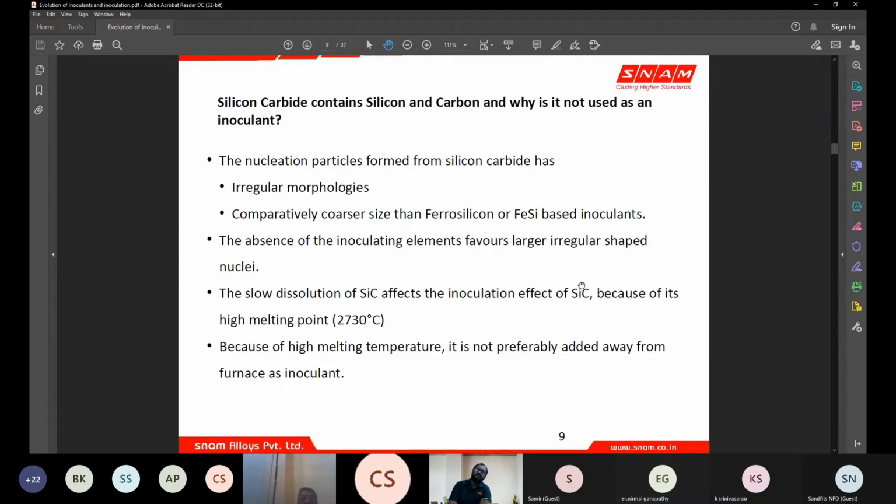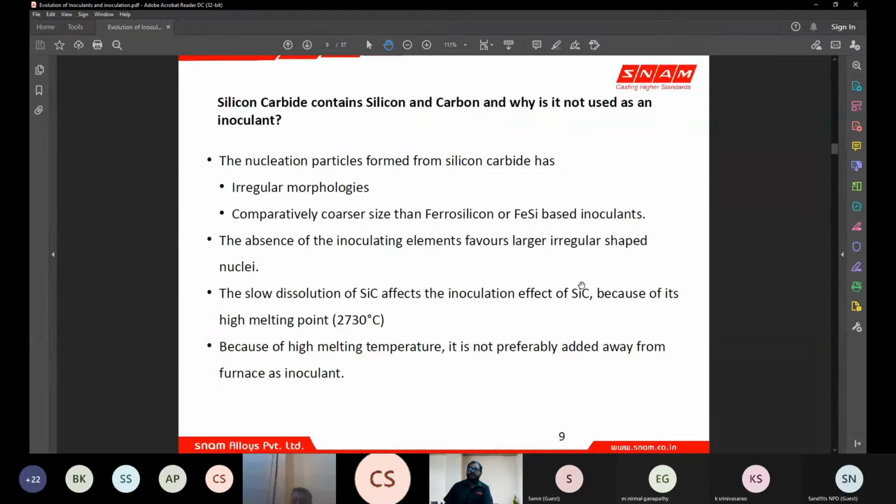Also, there is the dissolution effect of silicon carbide, which has a very high melting point of 2730, and its dissolution is slow in liquid metal. As we know, people tend to add silicon carbide to the solid charge, or at the melt stage where the metal is about to get liquid, and they add silicon carbide at that level and wait for silicon and carbon to diffuse into the liquid metal and then start giving its effect. So it is a prolonged process, a time dependent process. If you add silicon carbide later or earlier, you start getting different effects.